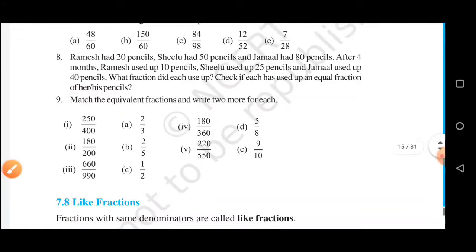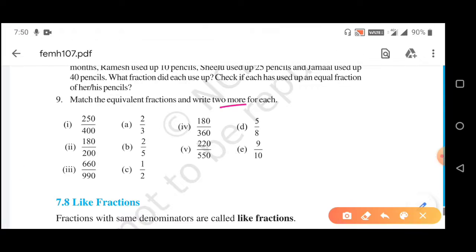Question number 9. Match the equivalent fractions and write 2 more of each. So I am just matching. No need to do the 2 more of each. I am doing up to this only. Match the equivalent fractions. So if we consider this one,